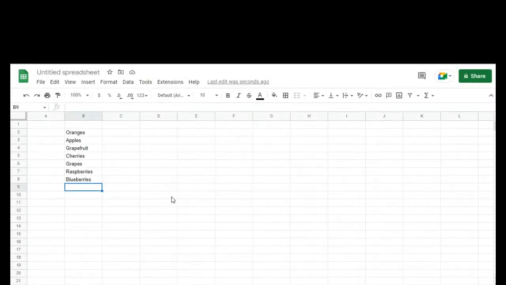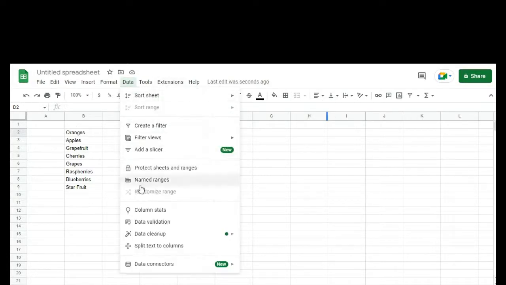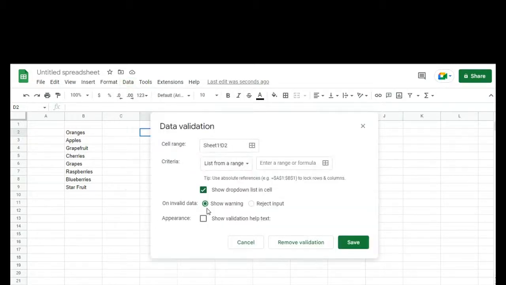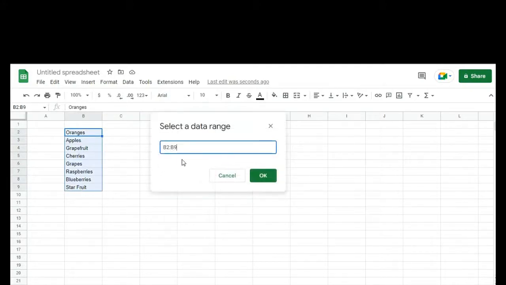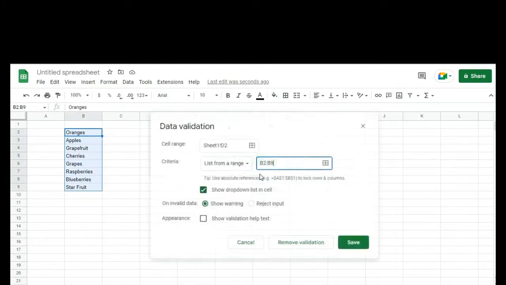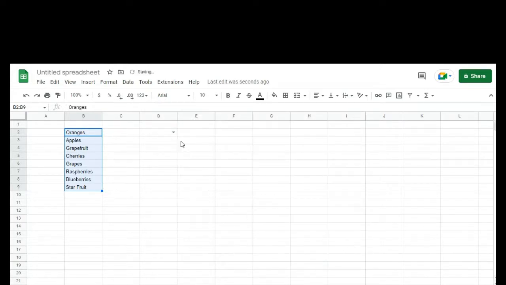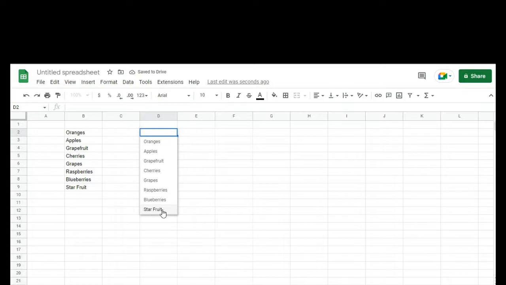Same thing in Google Sheets. You can basically add something new to your list here. I'm going to go ahead and put some star fruit in there. And then you do the same thing. You hit where you want the list to be. You go up to data, go down to data validation, make sure you're checked in all your boxes, click that spot, and then you select your list, auto-fills it, hit OK, and again reject input if you want. Save that, and then you can see your drop-down list has that new item in there. So you can change your list all you want and just